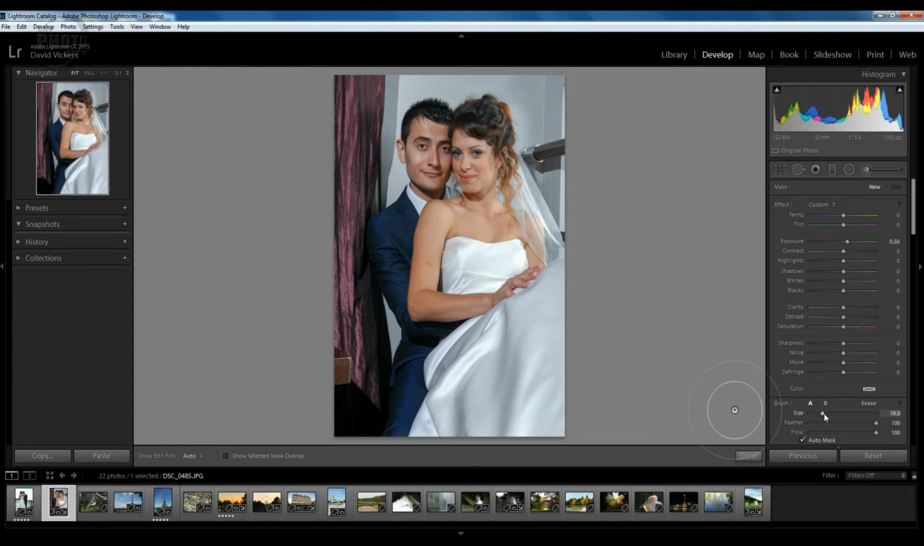Now, if we come to the bottom of our adjustment brush dialog here, we've got some options here. One is size, and if I scroll that up, you can see that the size of the brush gets larger or smaller. You can also adjust this by using the scroll wheel on your mouse. So scroll up and the brush will get larger, scroll down and the brush will get smaller. Next we have feather,